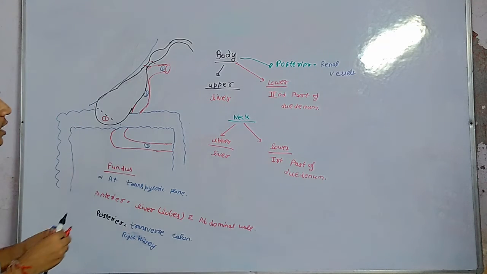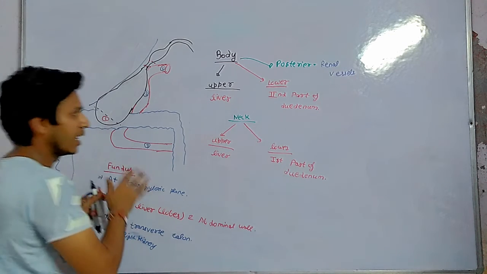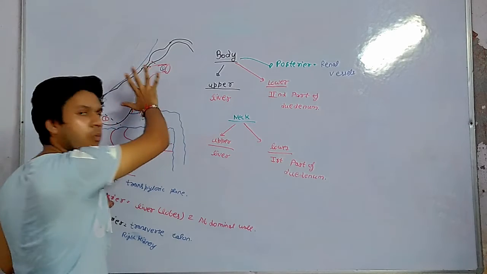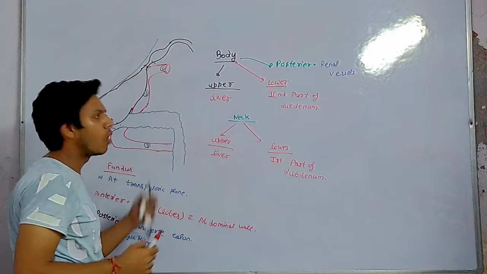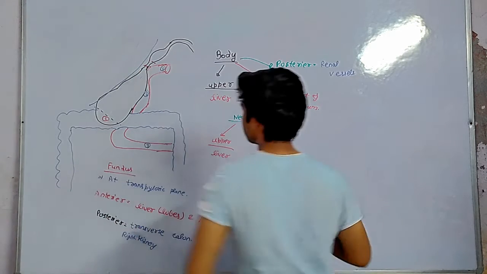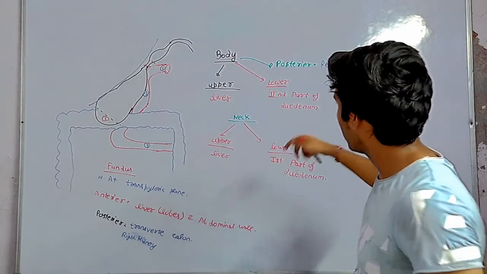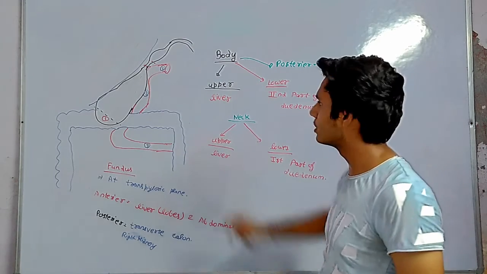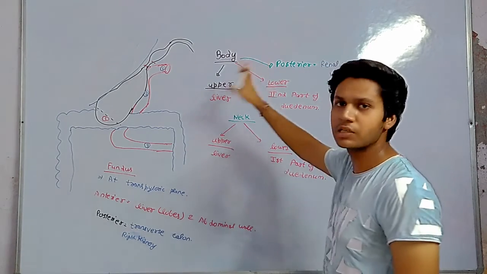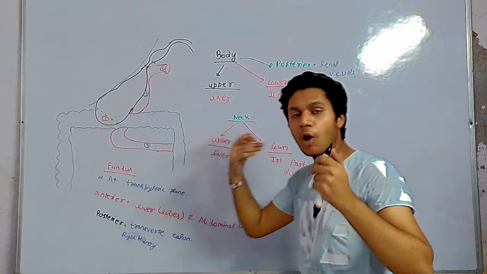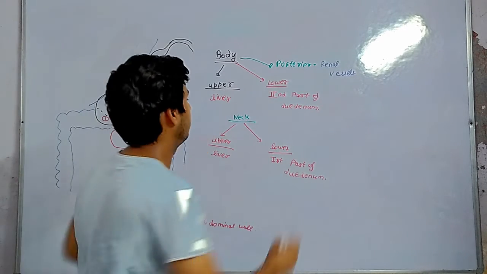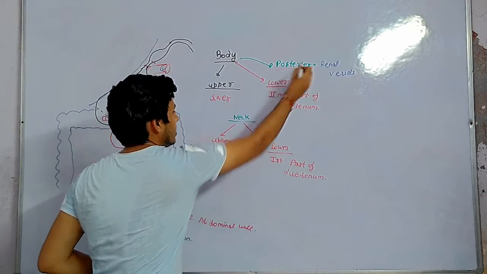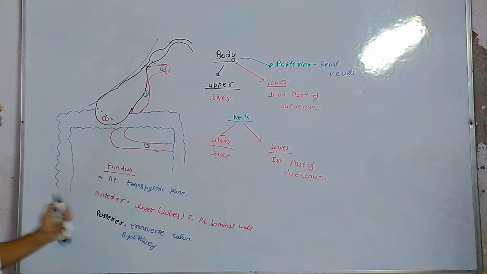Then quadratus lumborum will not come, psoas major and so on will be difficult, they will not come. Psoas major can come. Psoas major also comes in the posterior relation, quadratus lumborum also, because these are abdominal organs and on the abdominal wall all things come in this relation. Just think about what things are posterior to this and anterior to this, and just write. Done. So these are some relations: neck, body, fundus, all things we can write as relations.